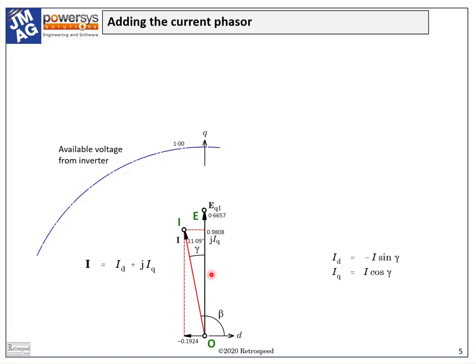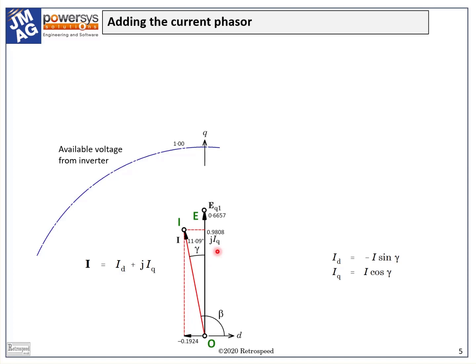Why 11.09 degrees? It's just an example, and it helps our discussion because we can see the components ID and IQ. The angle 11.09 degrees has the symbol gamma, and it is the angle by which the current leads the EMF. Some engineers use this angle beta, which is gamma plus 90 degrees. Beta is actually the true argument of the current phasor as a complex number. The component equations in terms of gamma are over here on the right.